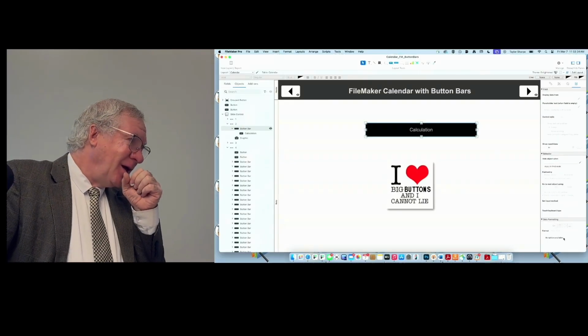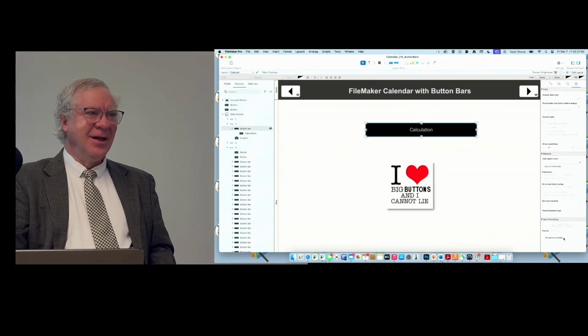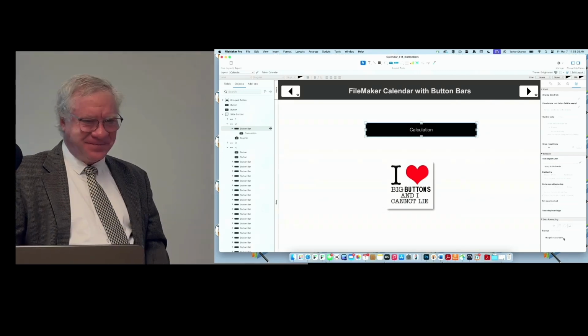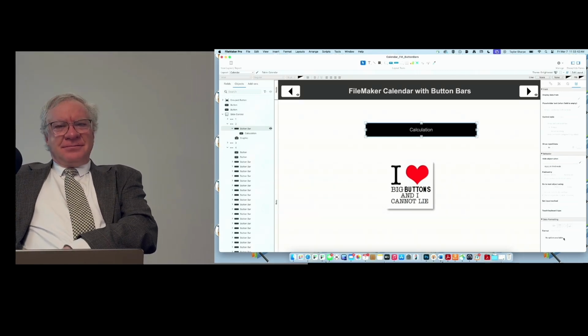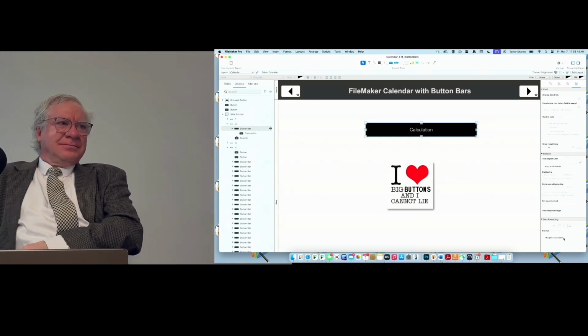I apologize, Taylor. I know I said I was done, but you just reminded me of something. One of the very few issues that I have experienced with button bars has to do with the formatting of states. So we've got the active, inactive, hover, in focus, et cetera, right? I hate the active state. Oh, yes. But I finally found out after all these years how to deactivate it.